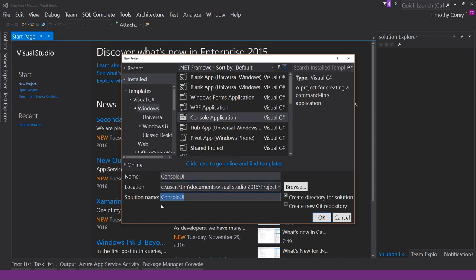Next is our solution name. And the solution name really should not match our project name. One of the most basic reasons why you shouldn't do that is because then you don't know what's the solution versus what's the project. 2 different things shouldn't have the same name. I know Microsoft defaulted this way. I wish they wouldn't, but because they do, we have to make sure that we pay attention and change the solution name. In this case, I'm going to call this solution C#